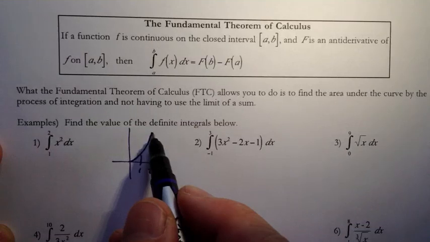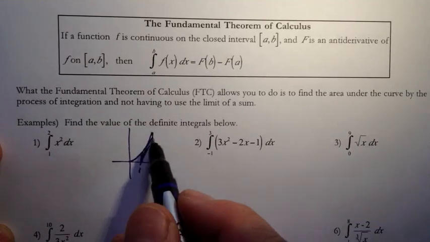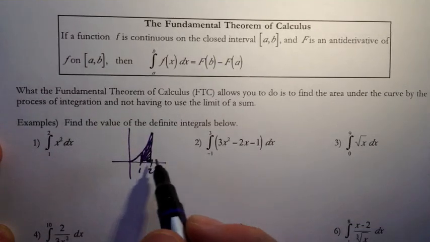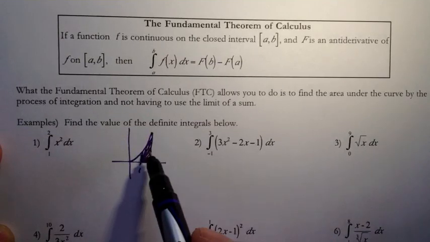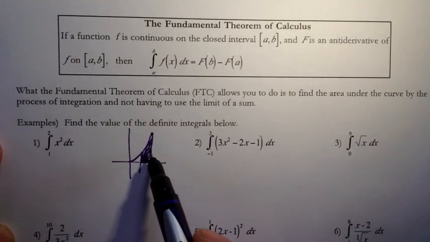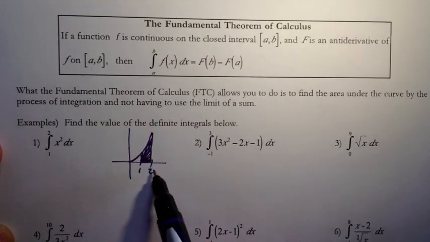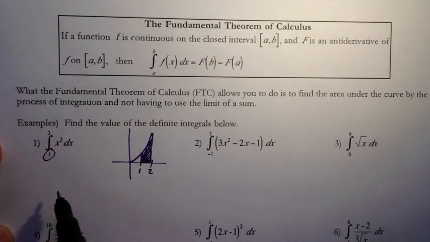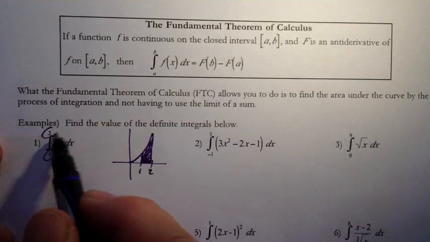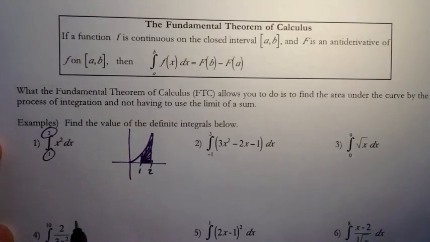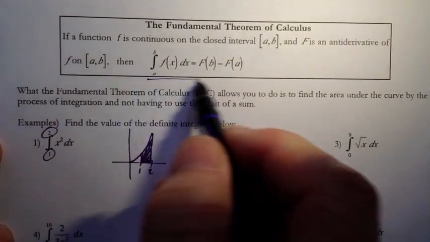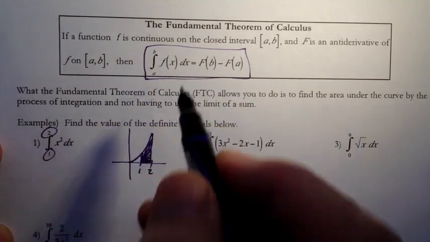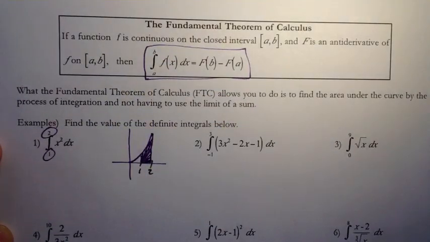So what we're really finding is the exact area between the curve and the x-axis, the net area between the curve and the x-axis. Net meaning area above minus the area below, within the interval specified by the lower limit of integration to the upper limit of integration. Okay, so here's our theorem up here, the fundamental theorem of calculus, part 2,